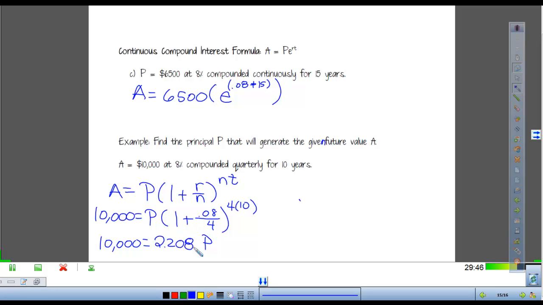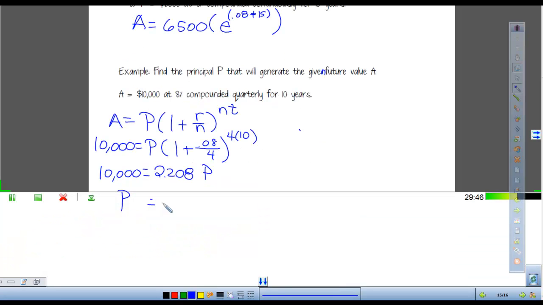So 10,000 divided by second answer. I got P equals $4,528.90. Okay. Questions about that? All right, we'll look at some more future value stuff. Hopefully you see that